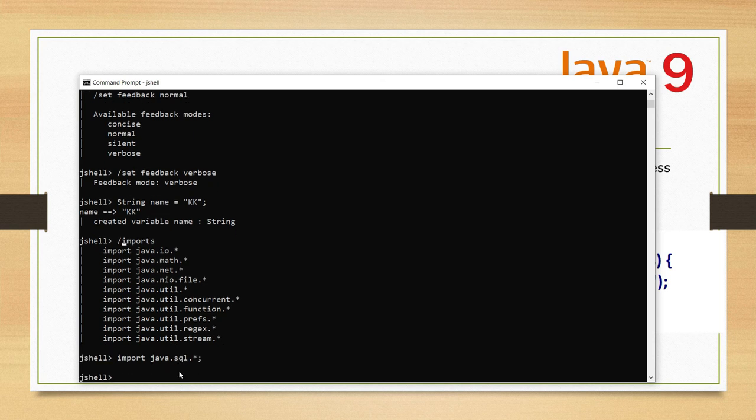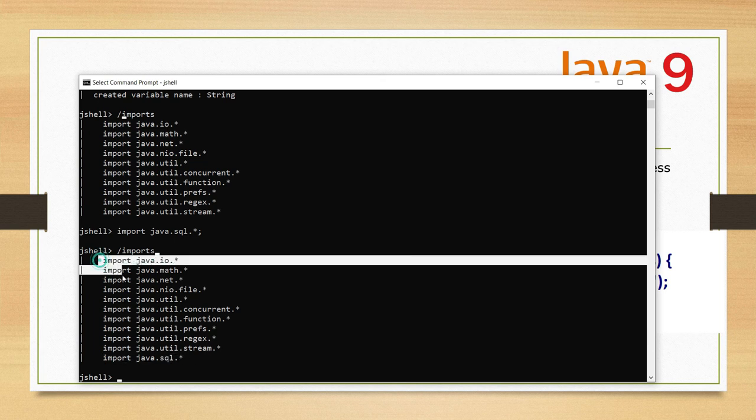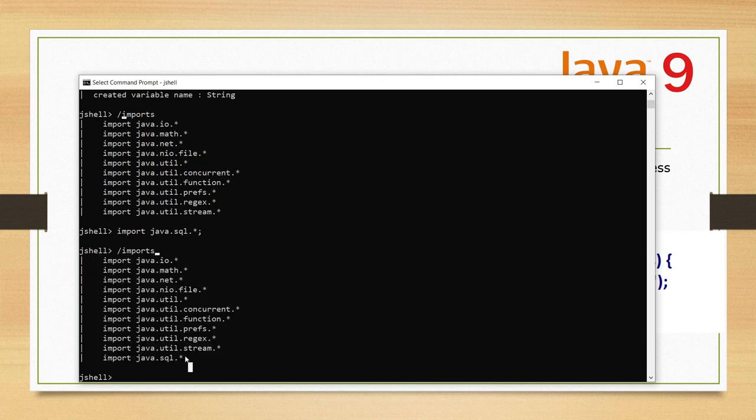Then again execute the command /imports, and here you can see that now in this list there are 11 packages. And the 11th package is java.sql, which we have imported. Once you import java.sql, you can easily use everything present under this package.